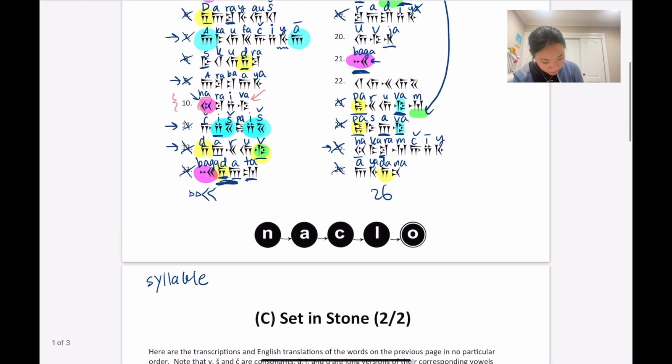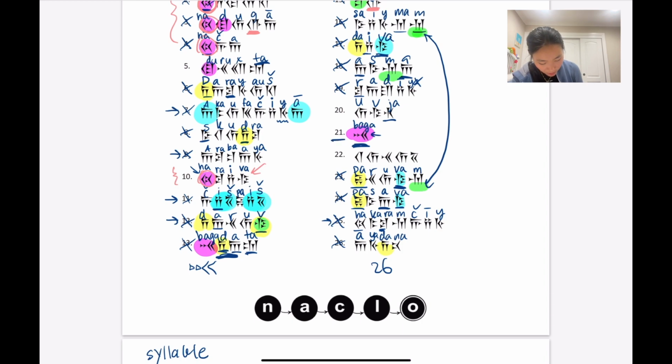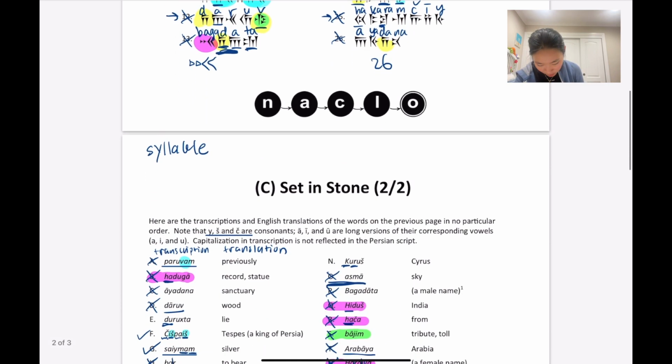And we know that this one syllable is 21. So notice how I was like, it could be bar, but it didn't completely match. And so my intuition was correct, because it turns out this was baga. So 21,